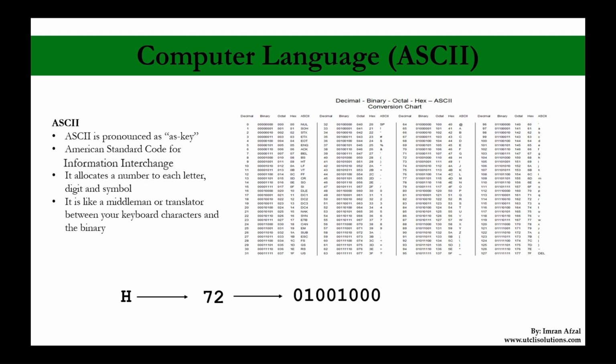So if you are typing in Chinese, a Chinese character could have a number assigned to it, just like the American Association assigned a number in ASCII. So they take hex and convert hex, again, to binary. All right, guys, that's a lot of information, but the main point that I want you to take away from this lecture is that the computer only understands binary, and those binaries are 0 and 1.